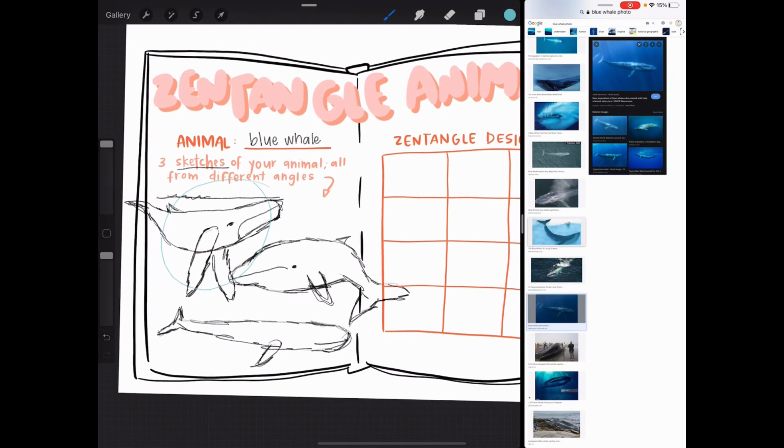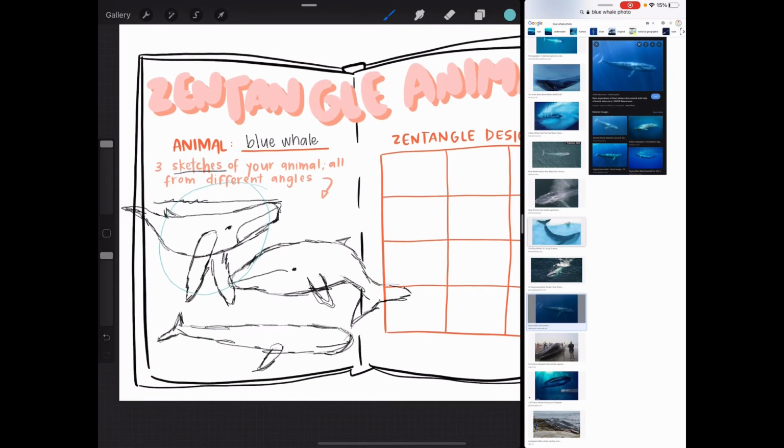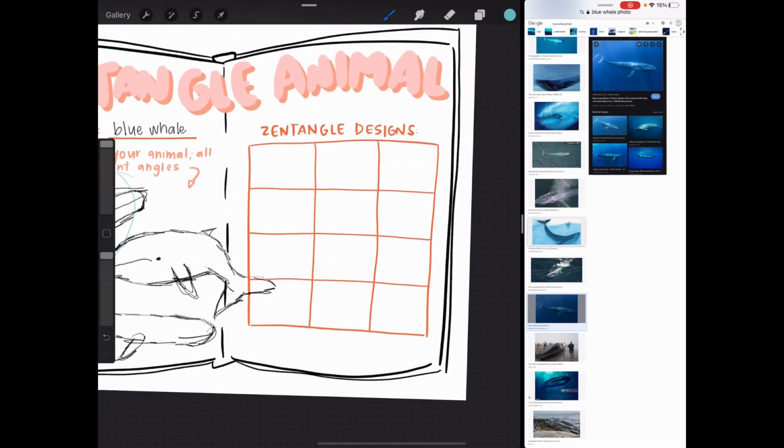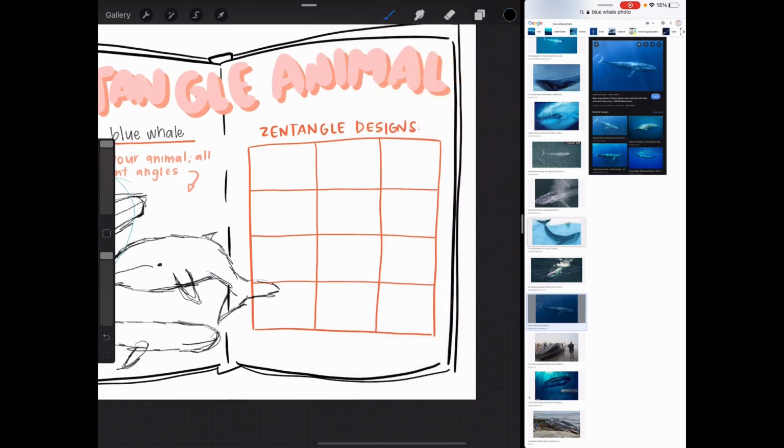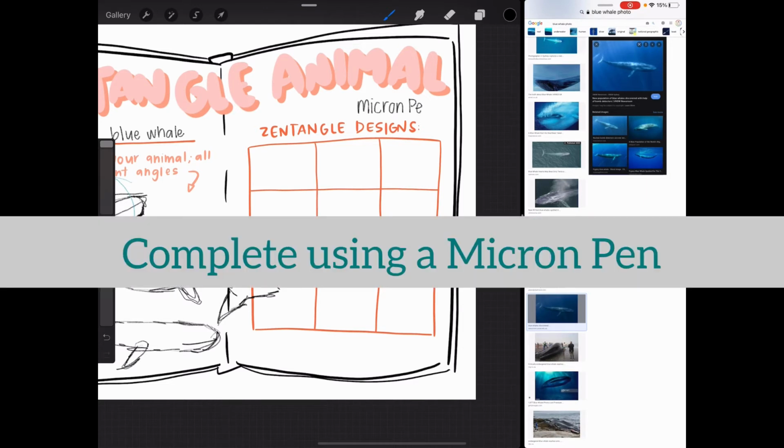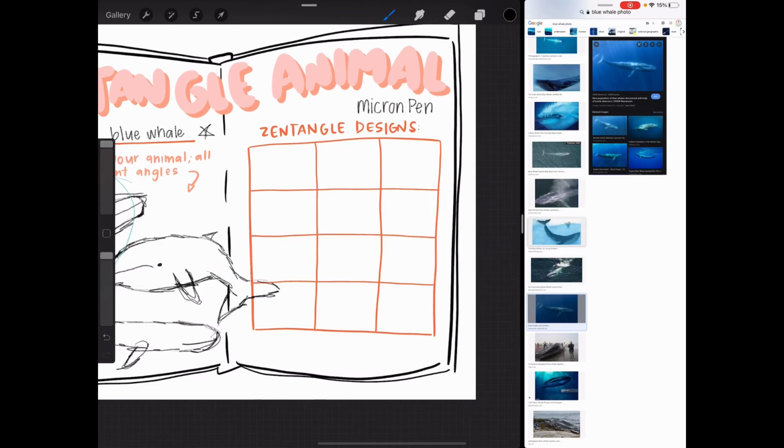Now, that means that I am going to practice that a lot more. Not for the rough draft, but before I start the final. Okay, let's get back to black ink. So for your Zentangle designs, you are going to do that using a micron pen. You are not using pencil. You used pencil over here, but you will be using micron pen here because that's what you're going to use for the final. Okay, so Zentangle, you can absolutely look at some online, but it's simply put a pattern,